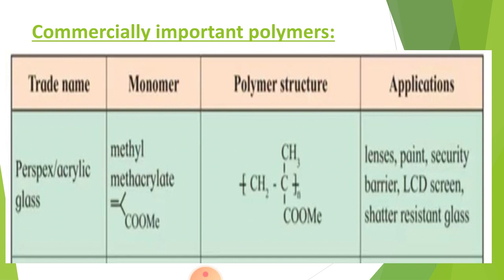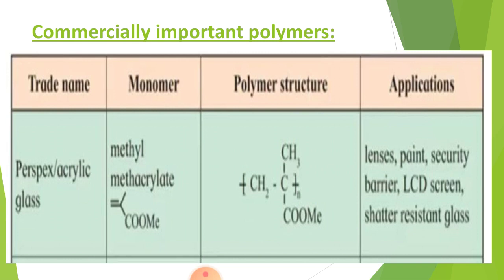Here the structure of the monomer has been given, and a double bond is there. As we know, the polymerization process takes place in alkenes where the double bond is there. The carbon where the double bond is there will open its branch. The double bond will be converted into a single bond, and that carbon will open its branch. So here CH2 double bond C has been converted into CH2 single bond C, and both the carbons have opened their branches.